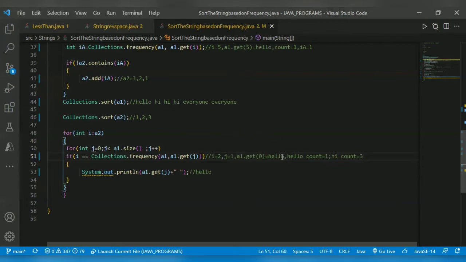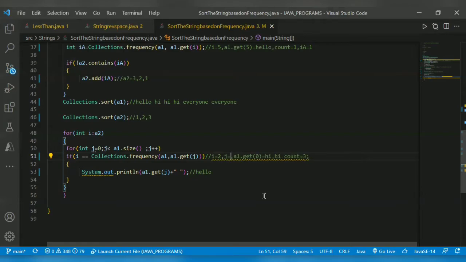It's hi. Hi count is 3, so it will not satisfy. Then j is equal to 2, the same. j is equal to 3 is also hi, so not satisfied.